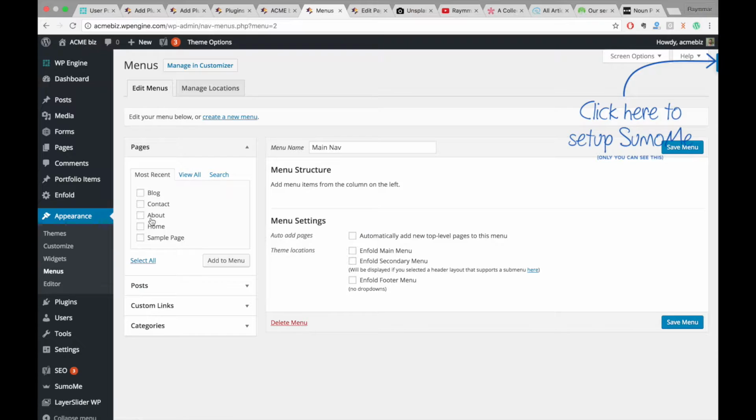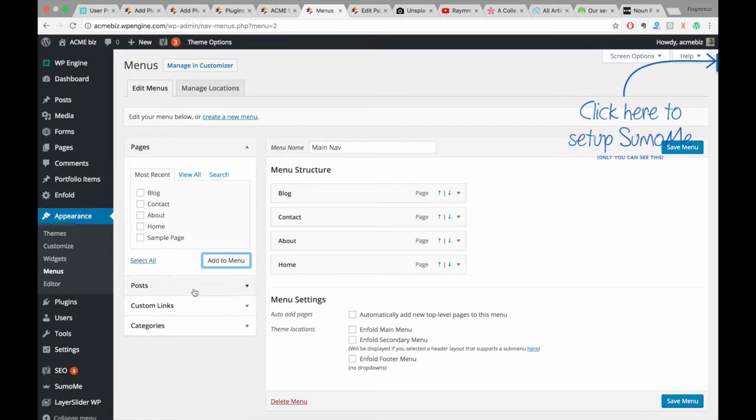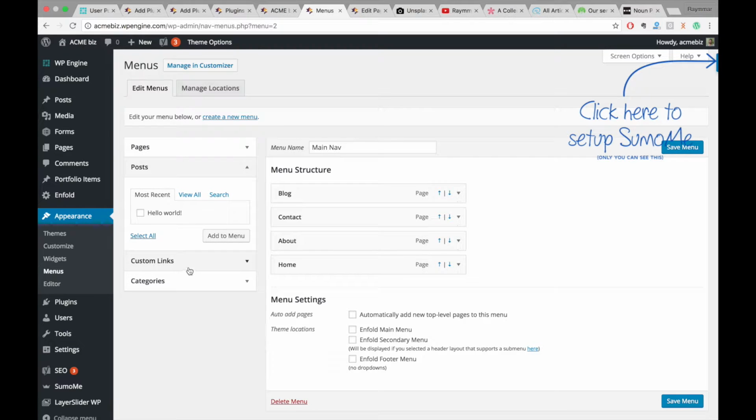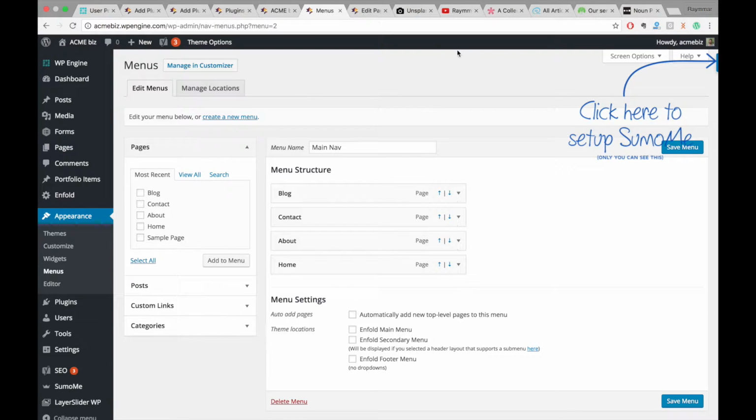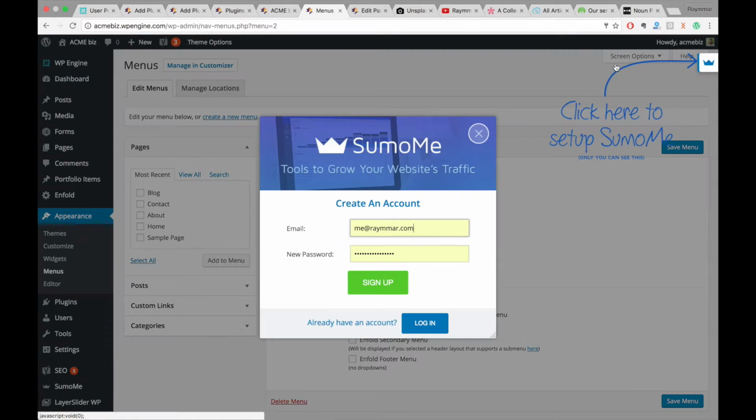So home, about, contact, blog, right? So we highlighted those. These are our pages. They'll be available again on the left, and then we'll click Add to Menu. On the left-hand side here, you have the ability to add posts, custom links, categories, pages, etc. to your menu. If ever you find anything that's not showing up on your admin screen, or let's say you're doing some searching and they give you some instructions and you don't find that option on your screen, up here where it says Screen Options,